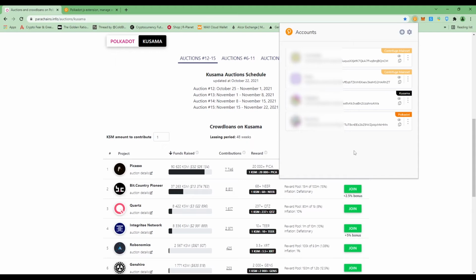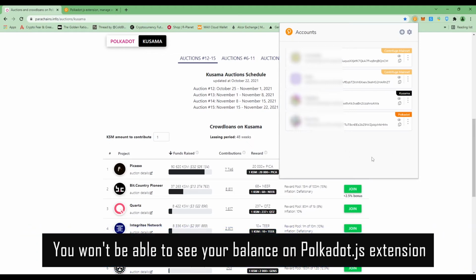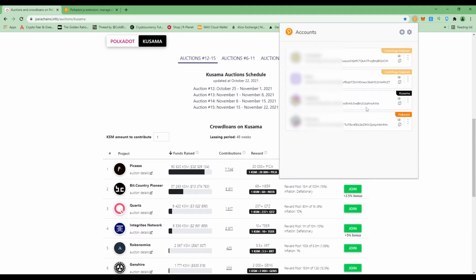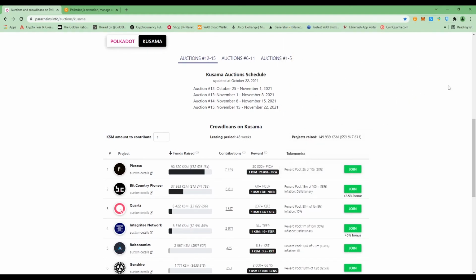So you send your Kusama to this address, and the only problem in this wallet is you will not be able to see how much Kusama or how much of any crypto you have, right? You just copy, paste it into your exchange, you withdraw your crypto into this, and your crypto will be available on this Polkadot extension.